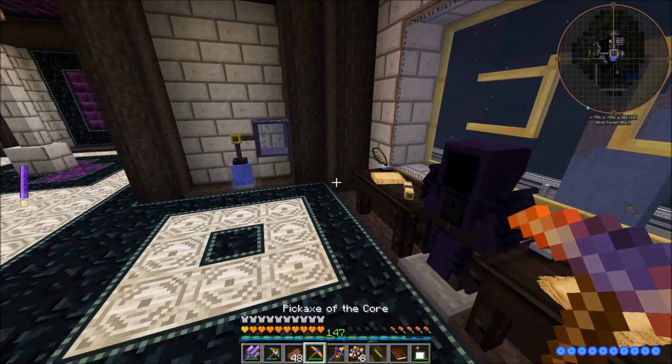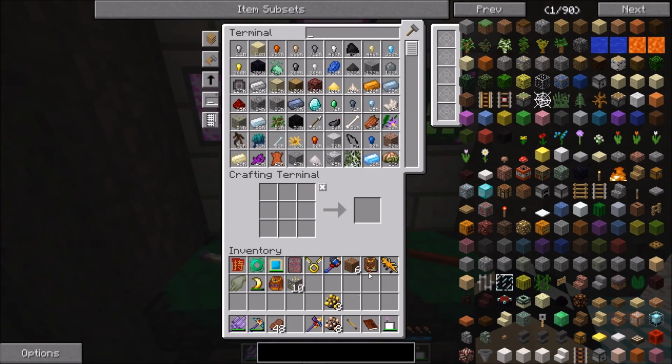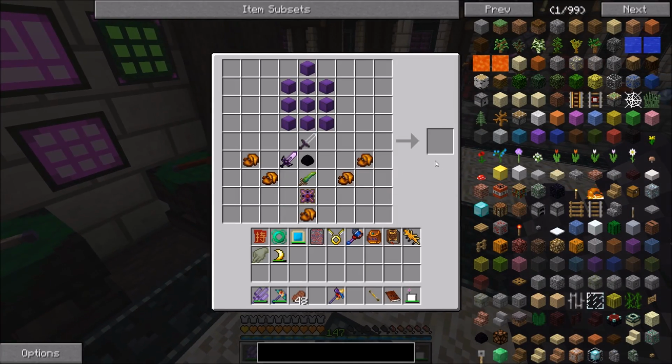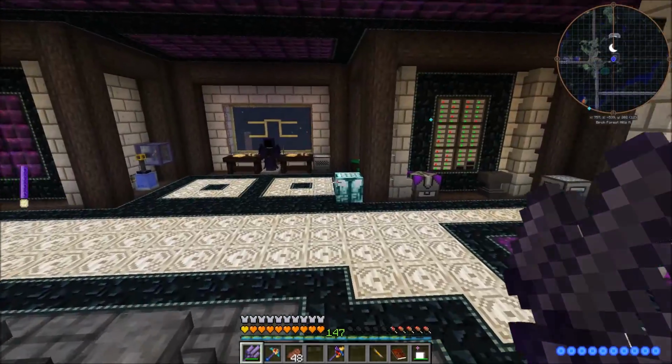Okay, and then this Pickaxe of the Core, I'm actually just going to store it into there. That way it's always full durability, because I think we're going to need these probably for the rest of the awakened stuff. So, alright, and now that that's running, now that we've got the awakened icorium sword being made, which is our final weapon that has to go into here,